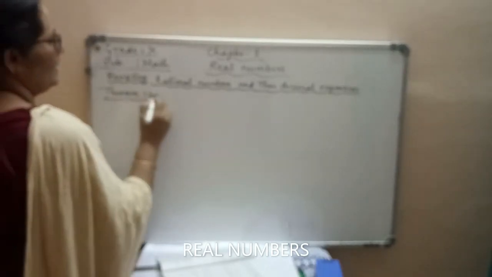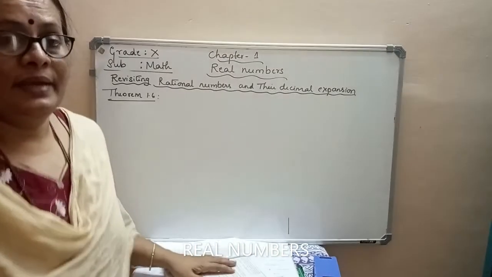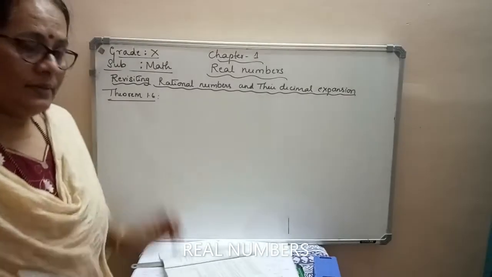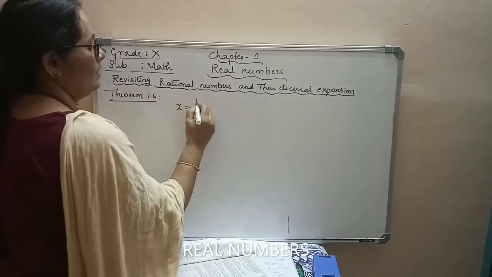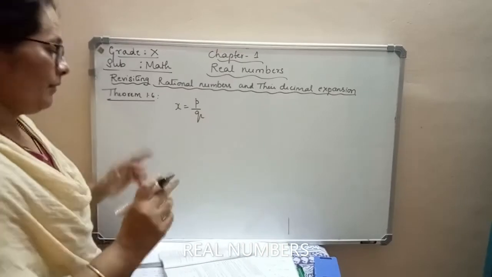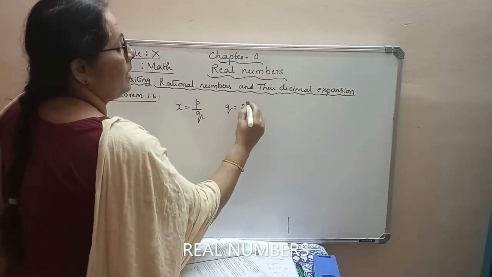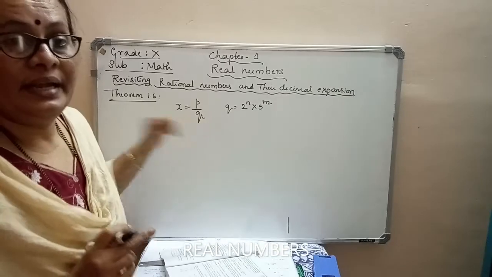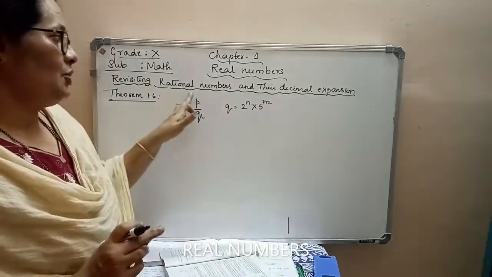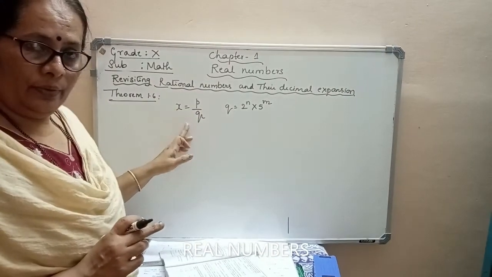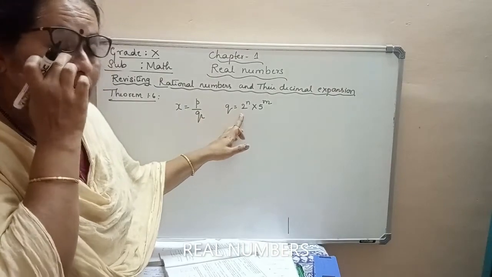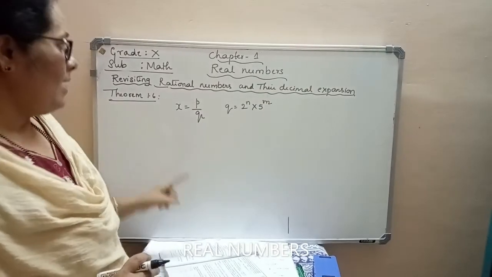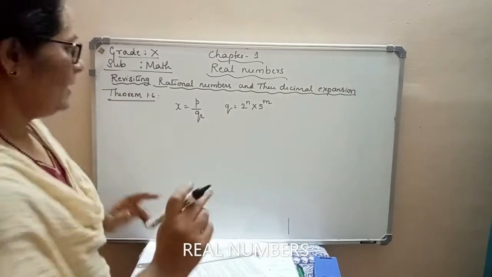For this, the first theorem is Theorem 1.6, which states that if x is a rational number of the form p by q, where q is in the form of 2 to the power n into 5 to the power m, then that rational number terminates. For example, you take